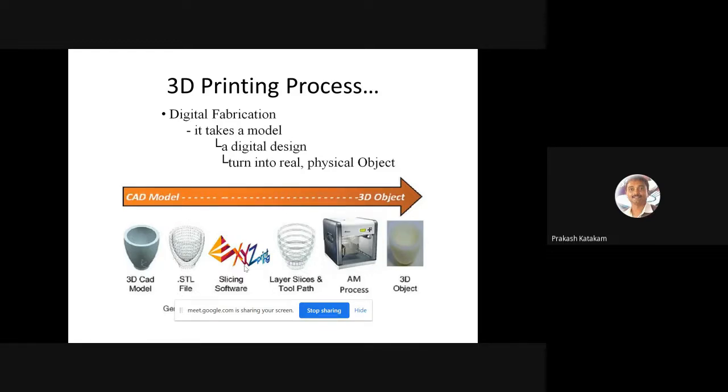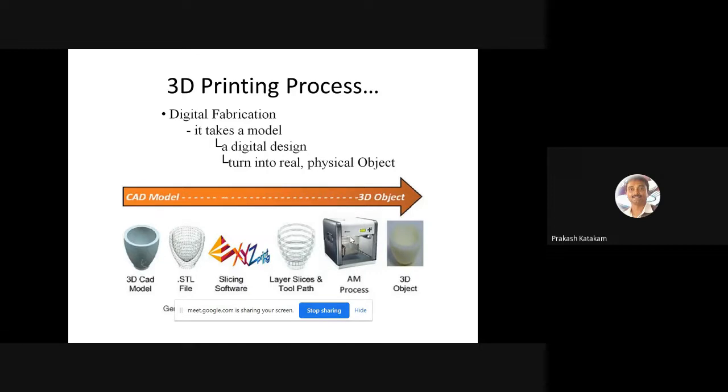After converting into the 3D model file, it is sent to another software where it will slice the object. Take, for example, the same cup. This cup, for example, is made of about 100 layers, 100 layers deposited one upon the other. This software will ask you how many layers you want, so we can give the input to the system and it will make that many layers. That's called resolution. If you want the smoothest part, you have to give a higher resolution slicing.